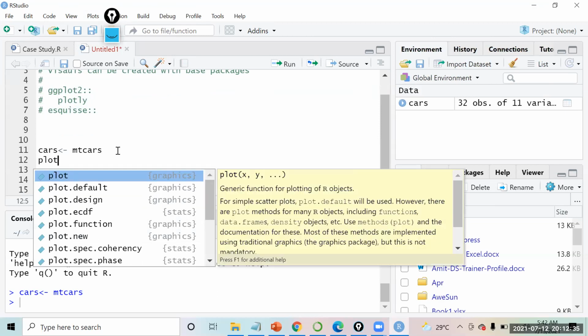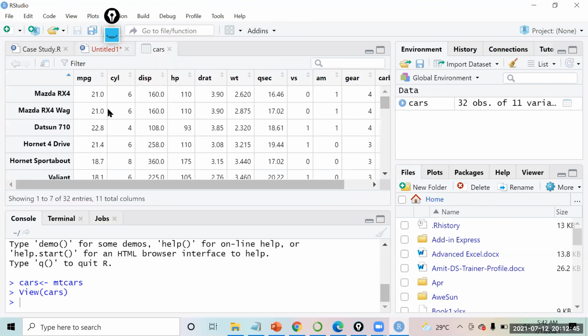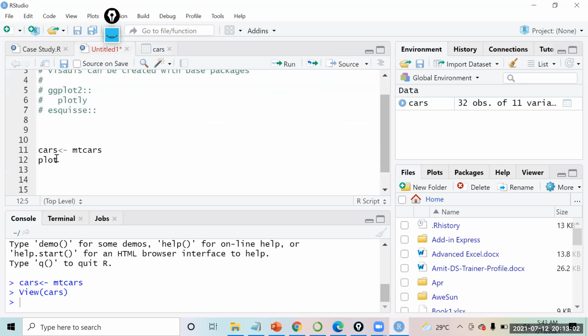Plot is a function that helps us create a scatter plot type of chart. Suppose I use one single variable: in the mtcars data set I have the mileage of the cars, and I want to see the mileage of each car in the form of a chart. I will say plot, and cars dollar mpg.